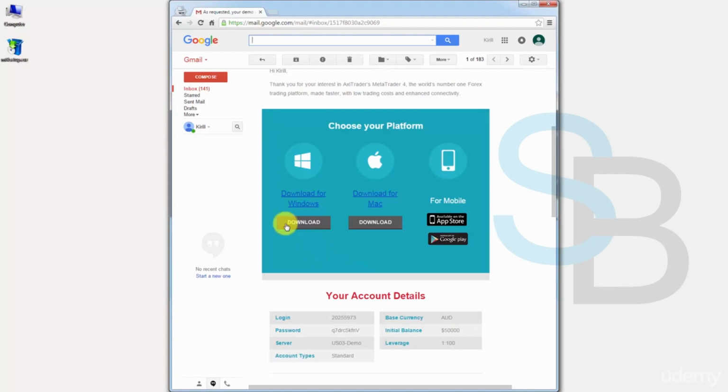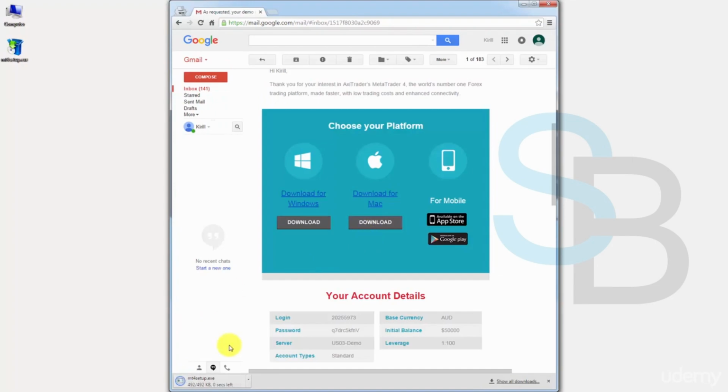In this course, however, we'll be using the Windows version. You can use either version, whichever one is suitable for the machine that you're working on, but I'm using a Windows machine, so I'm going to download this Windows version. As you can see, the file is downloaded over here. It's a very small file, and that's because it's just an internet installer, so it'll download more files as we proceed with